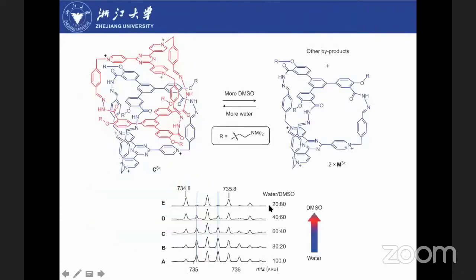And the driving force, what is the driving force? This catenane is totally driven by hydrophobic interaction. If you add organic solvents, for example, acetonitrile, DMSO, or methanol, then this catenane will undergo decomposition, and we get the macrocycle and oligomers and polymers. And if we remove the DMSO and add water and heat this system, we can recover the catenane.